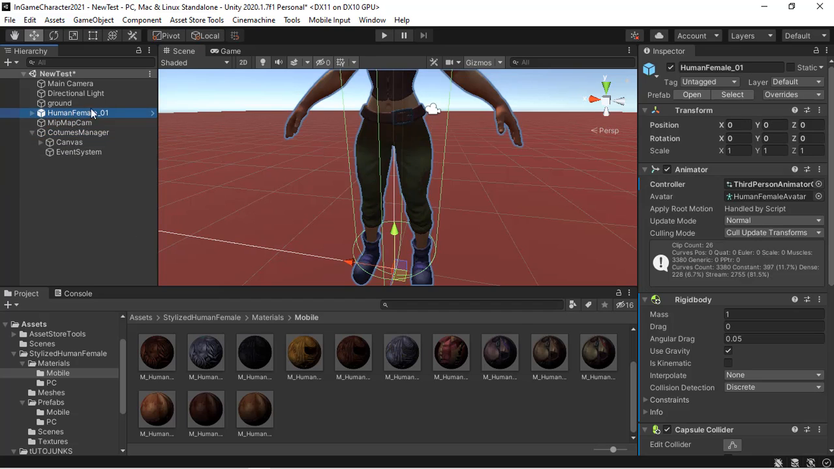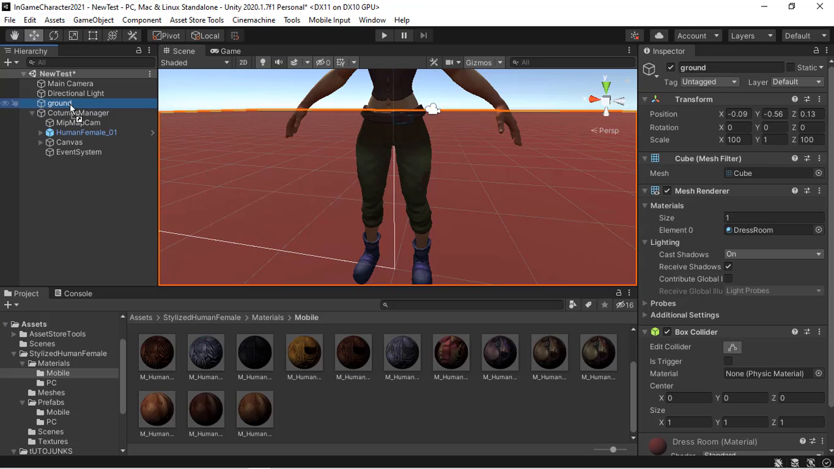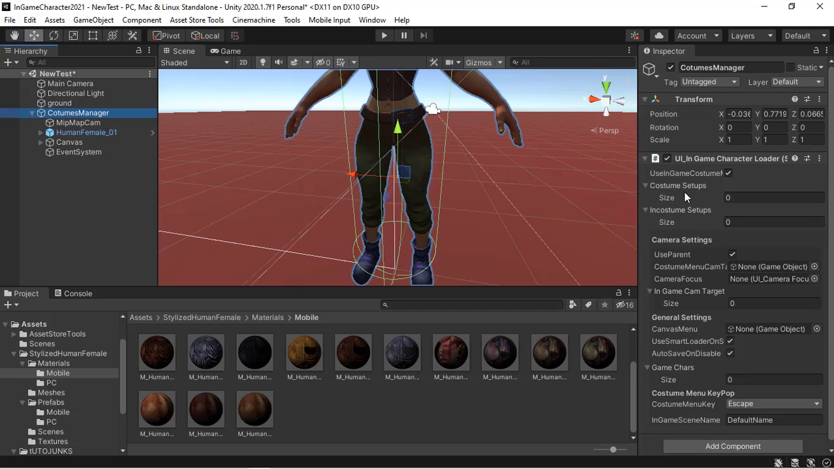Also, I will drag and drop the character under it, because I want the character to also persist in that scene. The map also should persist. We don't need the ground to persist. So next,